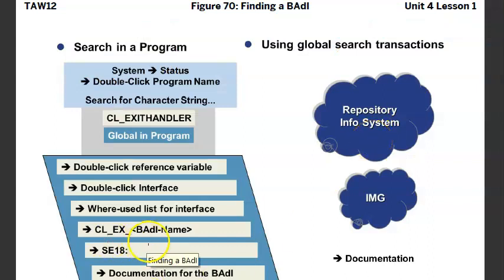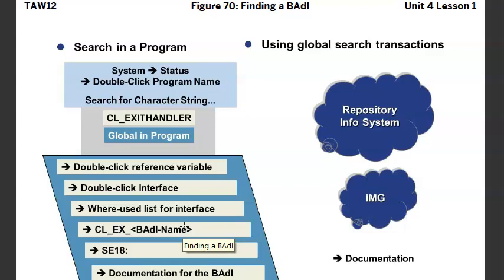So now what did we do? We went into the CL_EXIT_HANDLER global class, and there we set a breakpoint at line number 14 in the GET_INSTANCE method. Then we found the list of all the classes, all the BAdI definitions, and came to a conclusion: each BAdI definition will have its own functionality. When we go into it and analyze it, we'll understand what that BAdI definition is meant for, and at what level it will impact the standard transaction code.